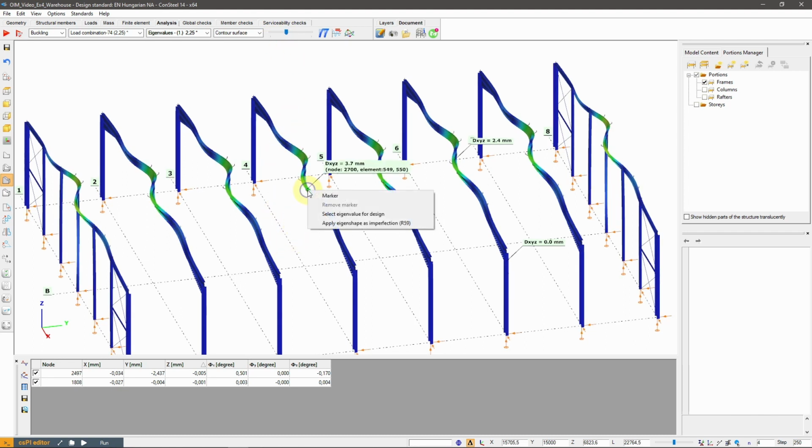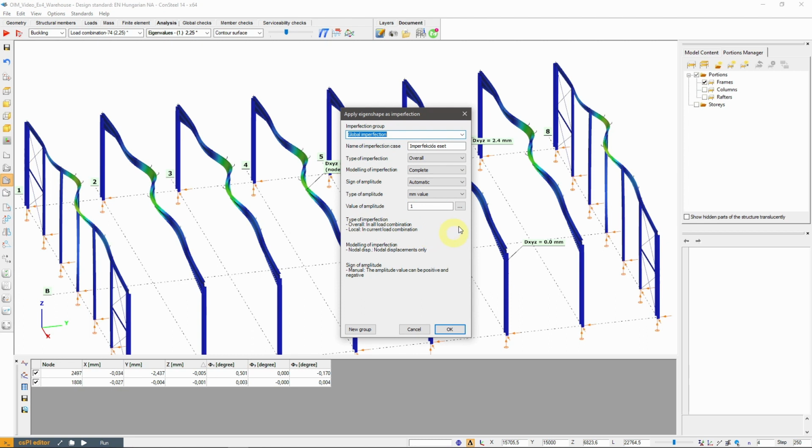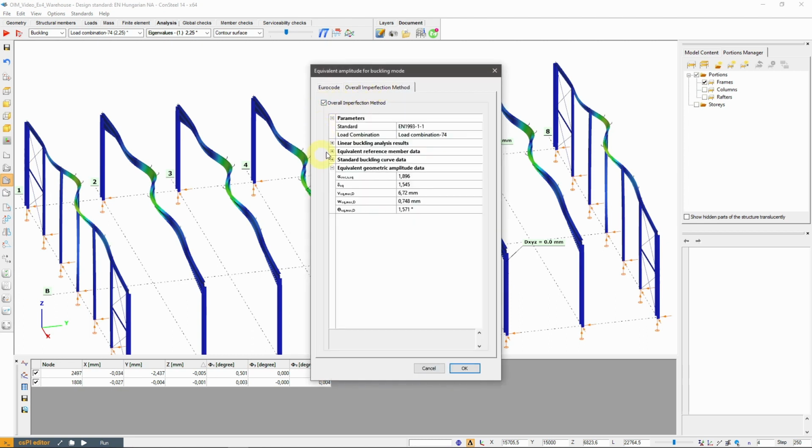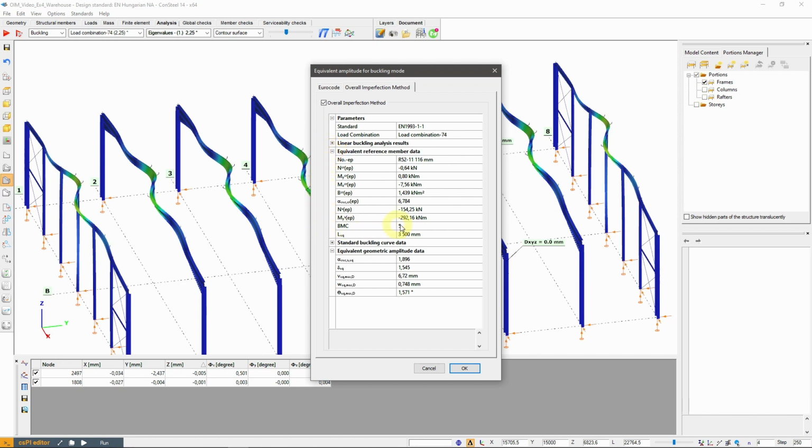Let's apply the first buckling shape for the middle part of the rafters. Note that in this case it is buckling mode class 5, which means coupled lateral torsional buckling.